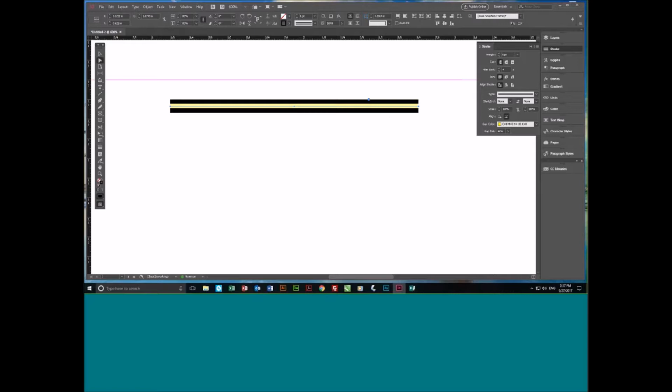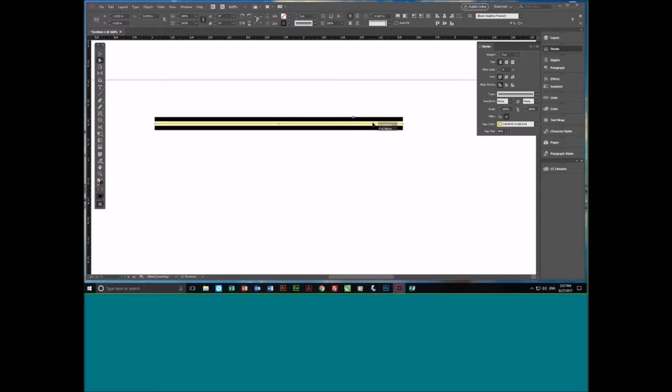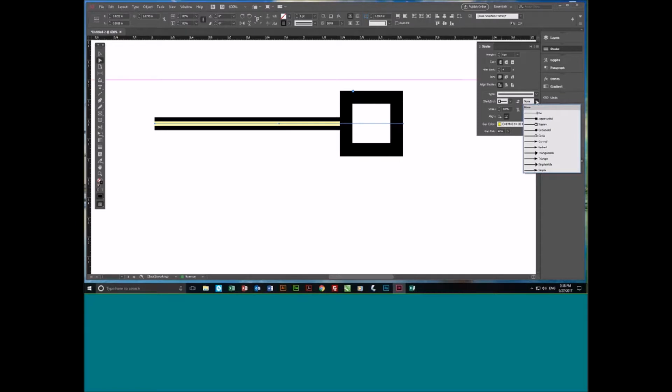But the real point that I wanted to show you with all of this is to say that not only can we do all these wonderful things with our line segments or our strokes, but particularly for our line tools, we can apply a start or ending heading. So for instance, on one end, the start end, I'm going to choose a square. And on the other end, I'm going to choose a triangular arrowhead. So essentially what's happened here is these are some of the default arrowheads and feet that you can apply to